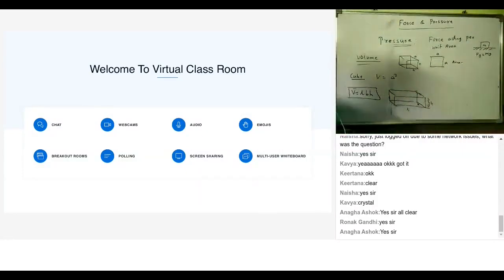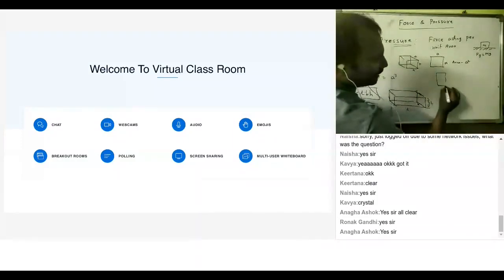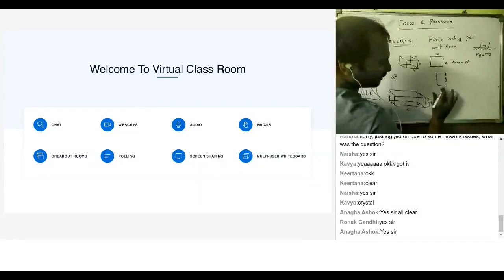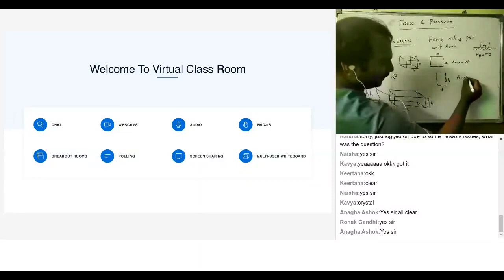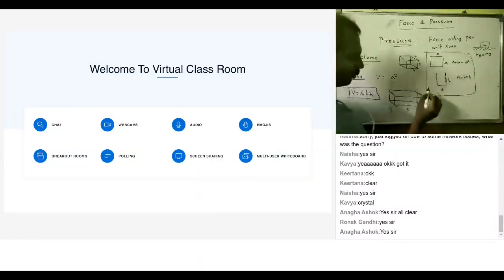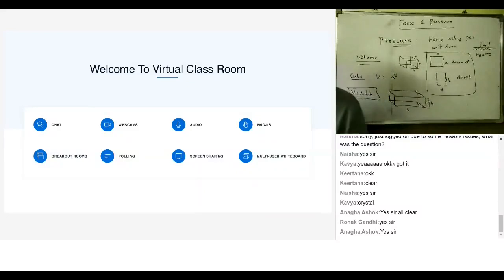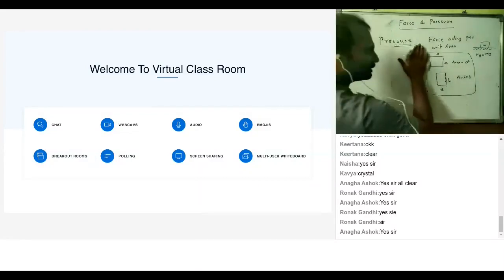Per side square, so can I write it as A square? And what is the area of a rectangle? Length into breadth. So can I write this as area equals L into B? Fine. So this part of mathematics, all of you know, right? Area of a rectangle is how much? L into B. Okay, so all yeses, no no's at all. Fine. So let's go ahead with this. I'll just rub this part because I'm confident that all of you know this.